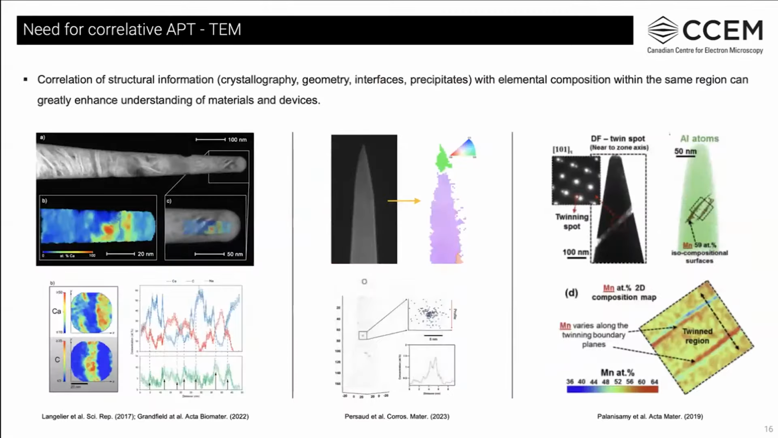So the reason we want to use electron microscopy together with atom probe is that it provides both structural information, such as crystallography or internal features, as well as chemical information, which can greatly enhance our understanding of the material. So to highlight this, I chose 3 examples shown below, the first 2 being correlative work done here at CCEM. So in the first